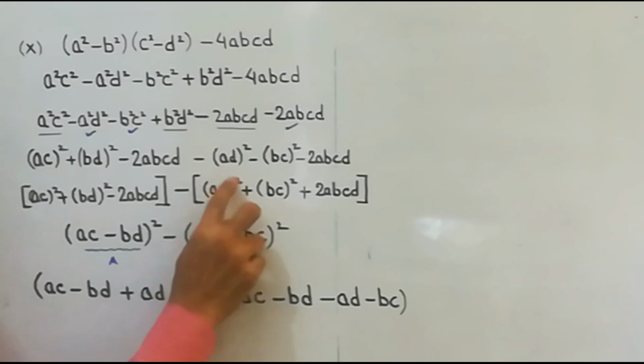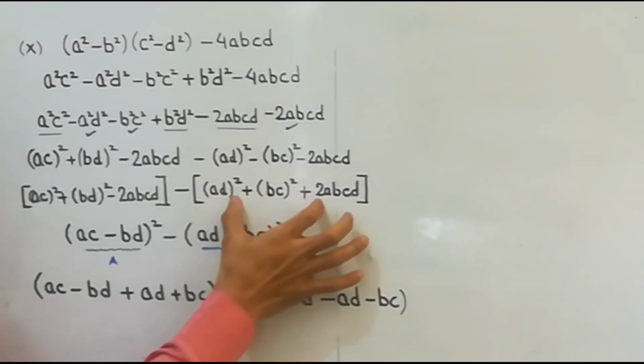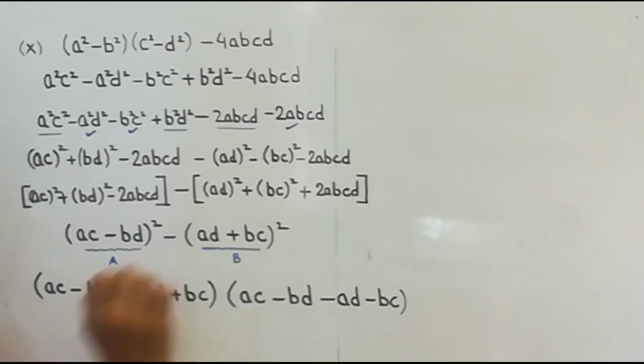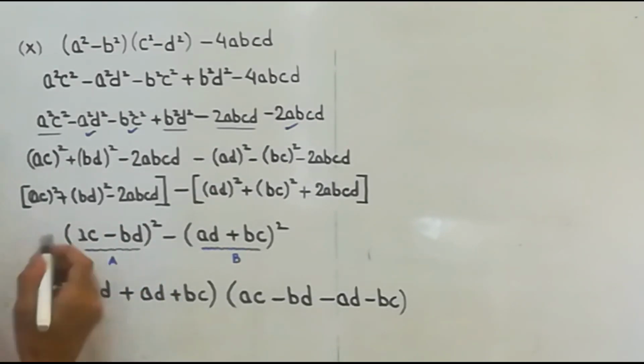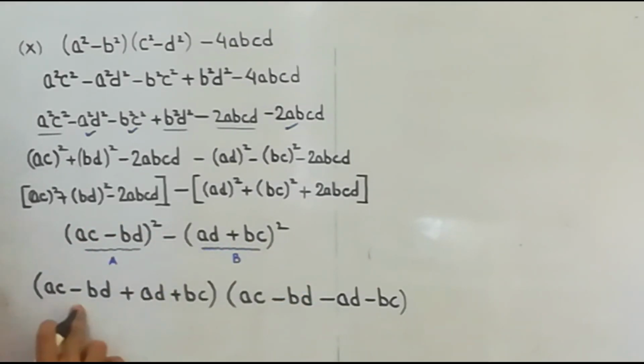This was giving you A square plus B square plus 2AB, so this can be written as A plus B. This is your A, this is your B. So A plus B whole square. For the next step, this will be read as A. So this is your A square minus B square. So A plus B, A minus B. So you can note it down, this one. Now let's take one more question.